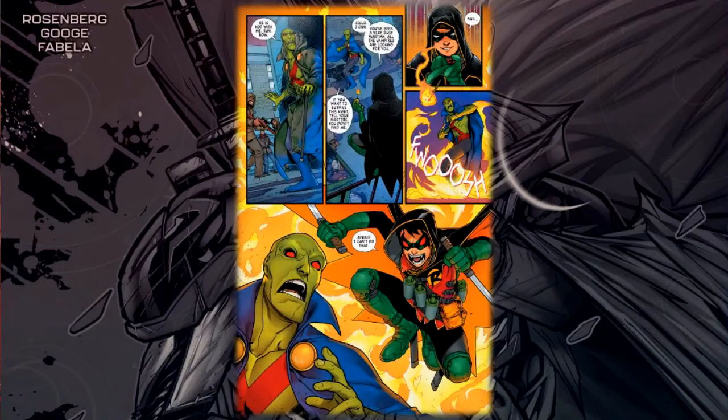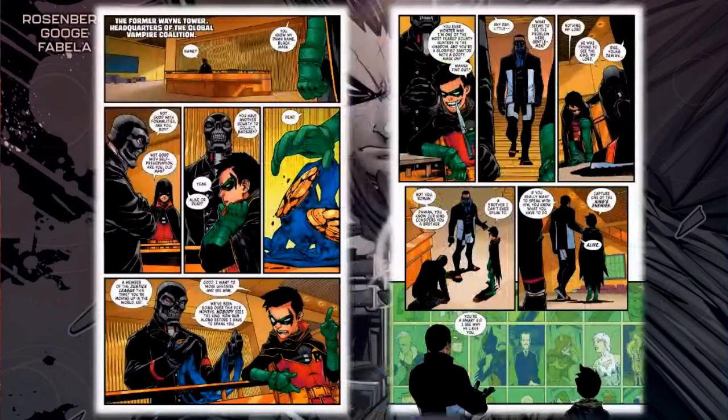And we start the story with Damian hunting down some of the heroes that are still left around. In this case, being Martian Manhunter. He brings over Martian Manhunter's remains to Black Mask and to the vampire headquarters, really. And here we show up. I like seeing Mr. Terrific. It's really interesting to see all the heroes that have been turned into vampires and how scary they can be